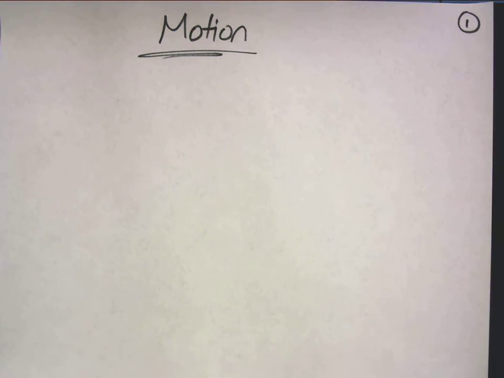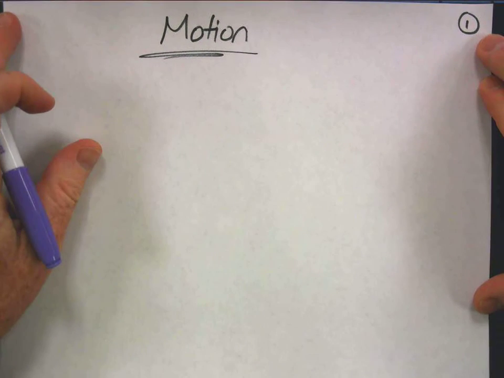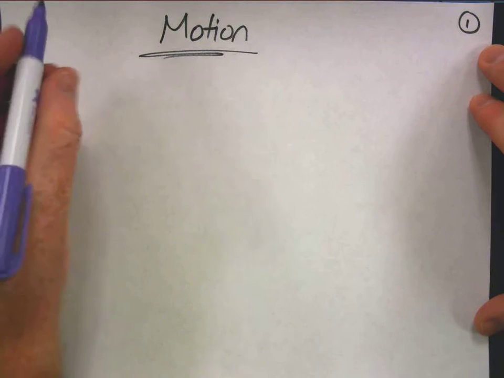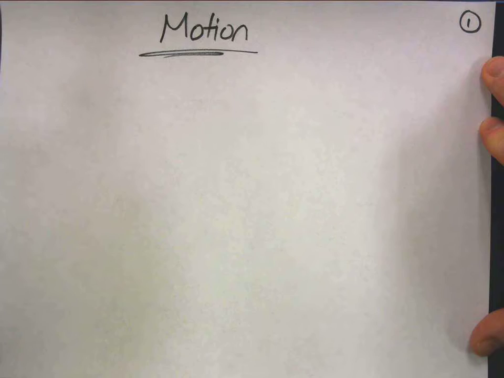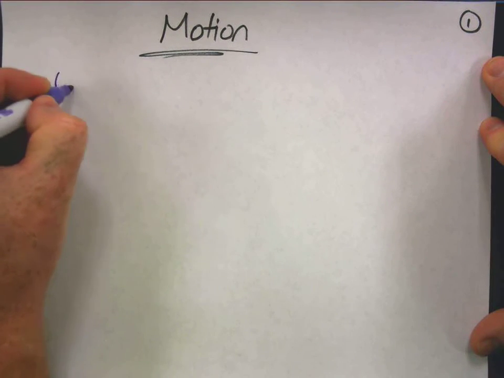We're going to be looking at motion of objects to begin our study of physics proper. We're going to be looking at motion for quite a while. There's lots of ways to check this out, and there's different kinds of motion that we are concerned with. But how do we describe motion in an easy to understand way, in a simple way that's direct and that everybody can follow? We need to track where things are